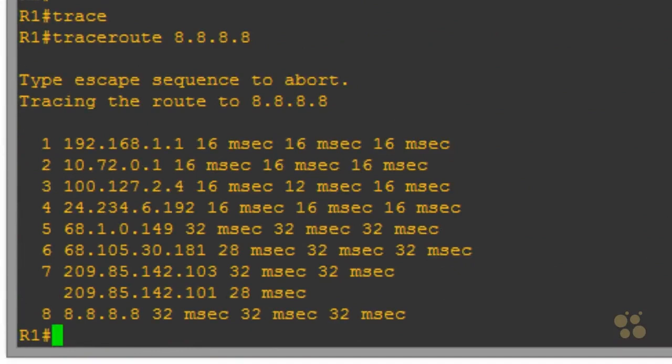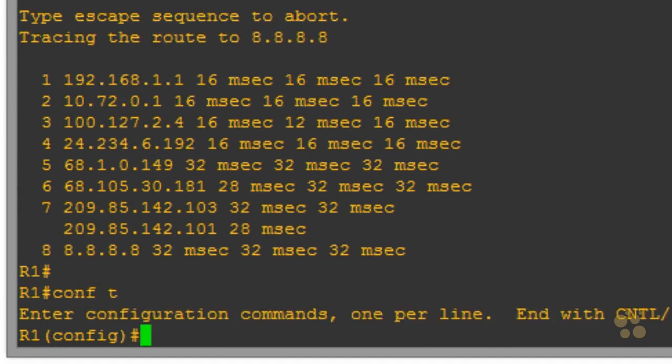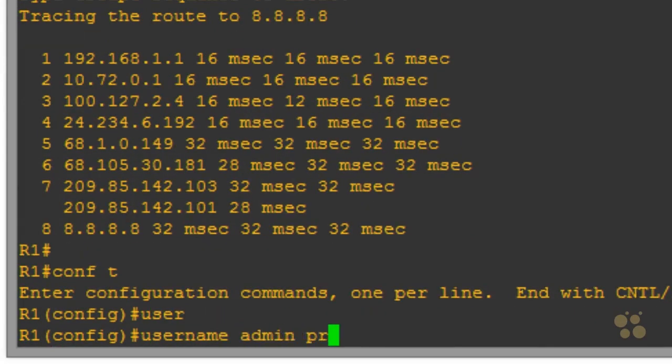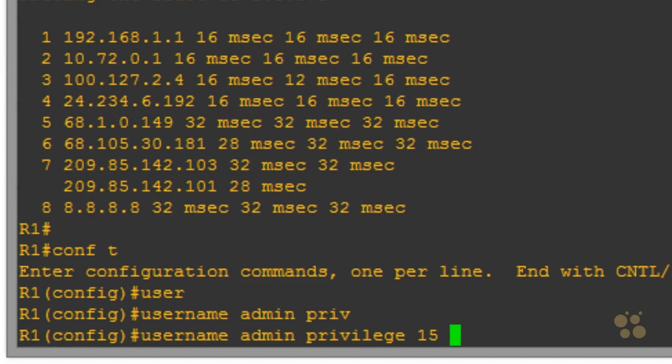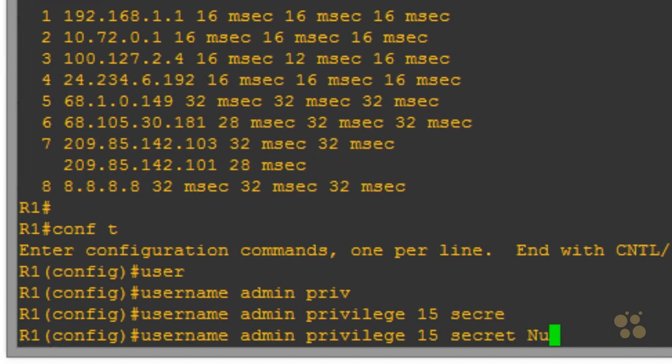So that's basic IP connectivity. Let's go back into configuration mode and create a username called admin with a privilege level of 15, which is King Kong, with a secret of Nugget!23. Now, in the text document, it has a password of Cisco, but in my labs, I always use the password of capital N UGGET 23,